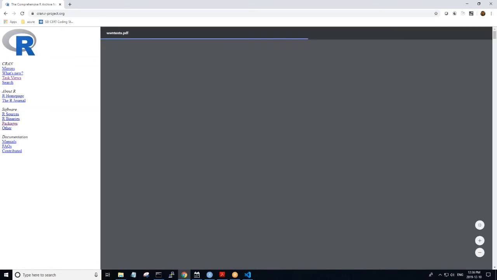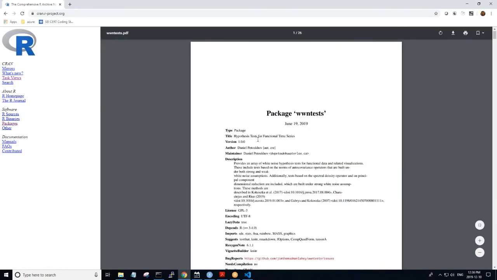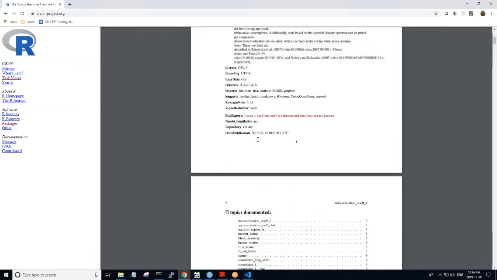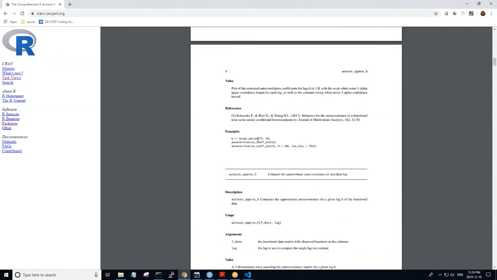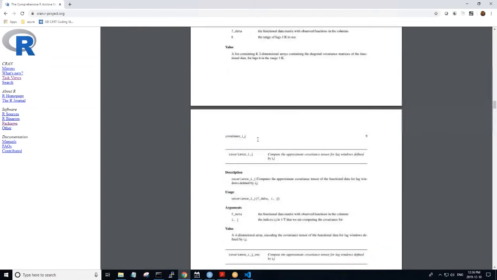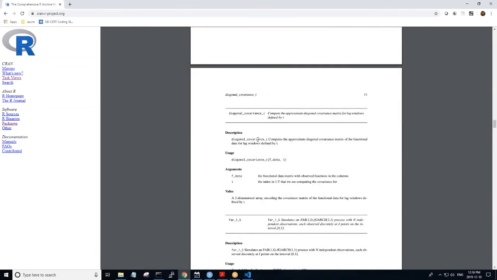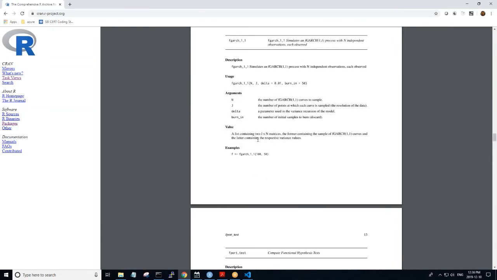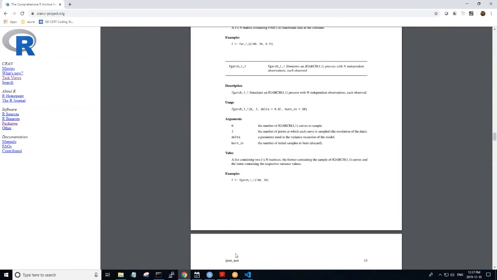Most of these packages come with a reference manual, which describes what's in the package, how it's used, and a number of other pieces of information regarding the package, which are going to be of use or of interest to anybody who's going to be using it. So one of the things that makes R so powerful is this extensive repository of highly specialized packages.